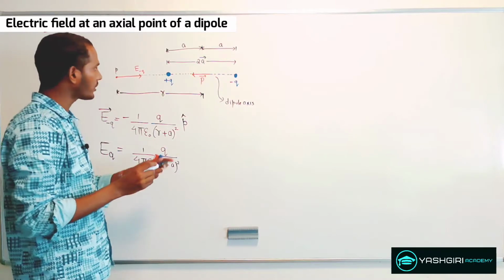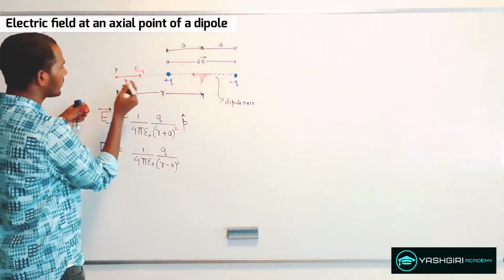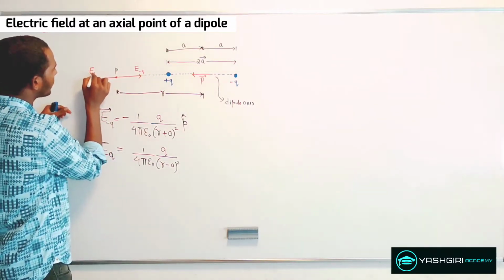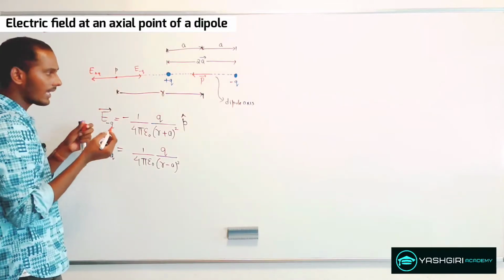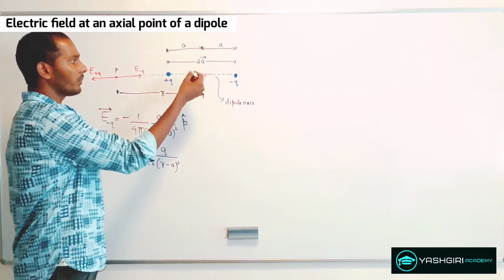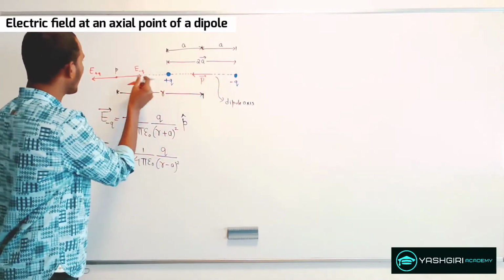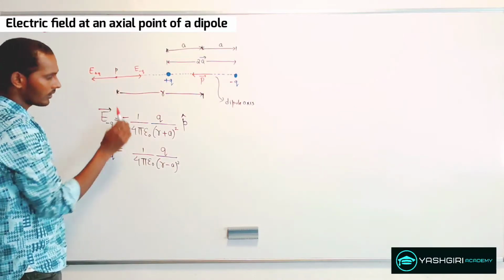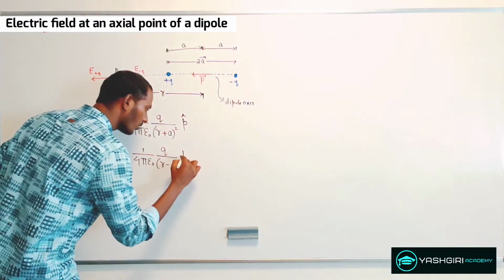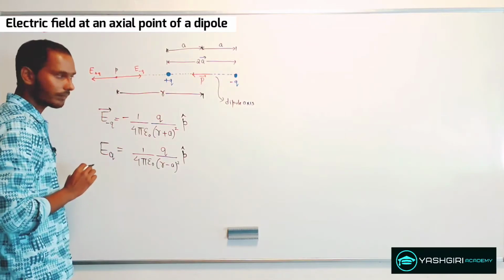And here the direction of this electric field, since it is a positive charge, is pointing outward. So that's the electric field due to the positive charge. And if I want to show the direction of the electric field with respect to the dipole moment, the dipole moment is from the negative charge towards the positive charge, and even this is moving towards the left. So I can write the unit vector of the dipole moment as p cap, and both are in the same direction, so it will be positive.